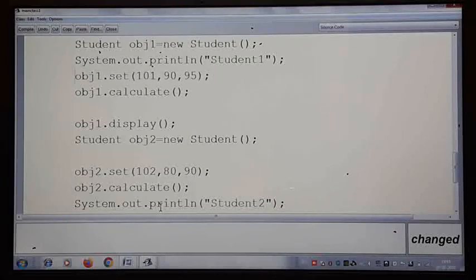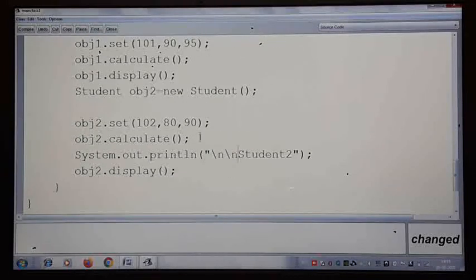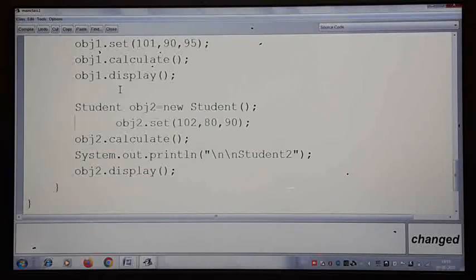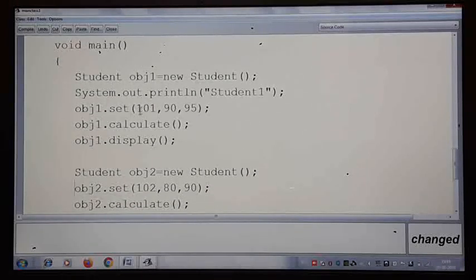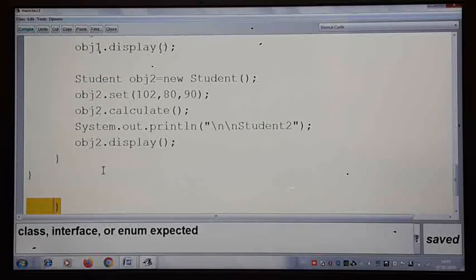Okay, these things are for object 1 and the second one is for the second object. Now here only you can give it. Now let me give a 2 line difference. All of you know \n is the escape sequence for a new line. I finished writing for the second object. Let me give a single line gap so that you can see the first object's information and then the second object's. 2 objects we created for the student class.